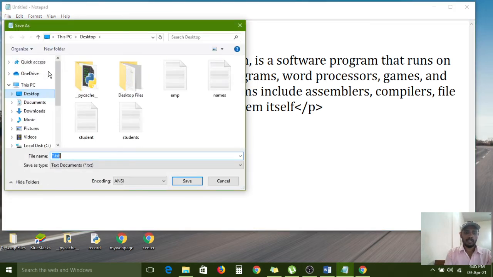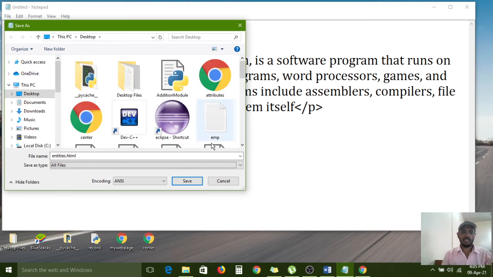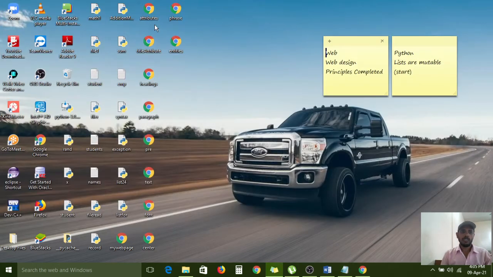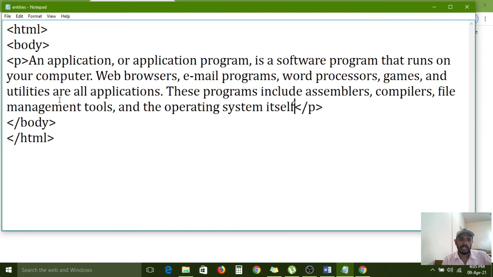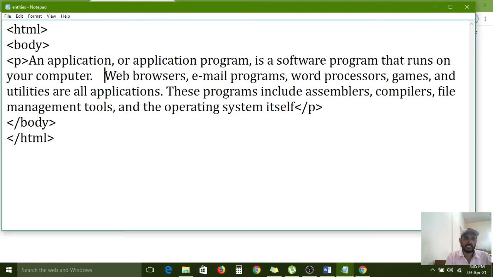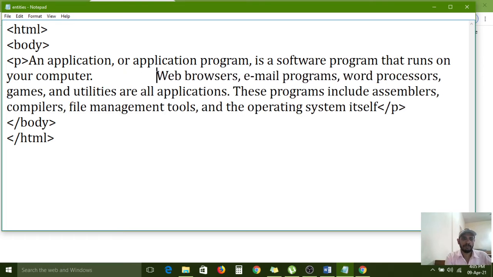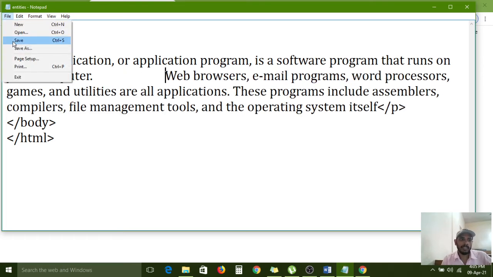Save as entities.html. So it is a simple paragraph. All of you carefully observe. An application or application program is a software program that runs on your computer. This is the output. After this statement I want a space of two words. For that I am giving two spaces here, this many spaces, and saving this file.